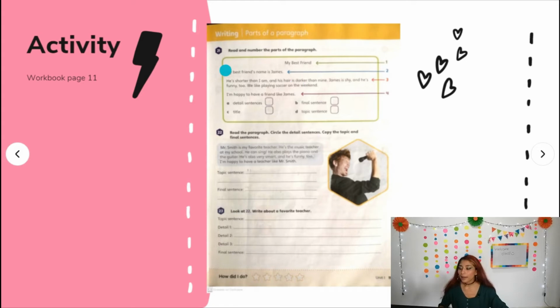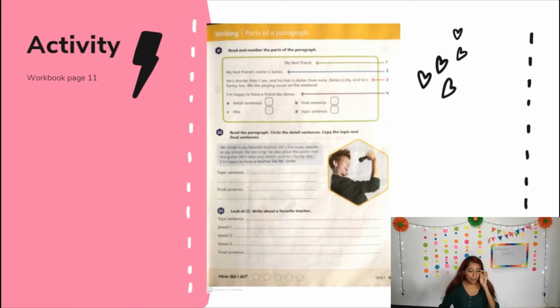Then we have, my best friend's name is James. It says he's shorter than I am, and his hair is darker than mine. James is shy, and he's funny too. We like playing soccer on the weekend. It's almost the same now. We have different information, but it's almost the same. I'm happy to have a friend like James. That's it. And exercise 22 says, read the paragraph, circle the detailed sentences,